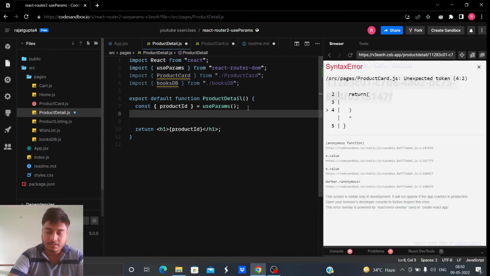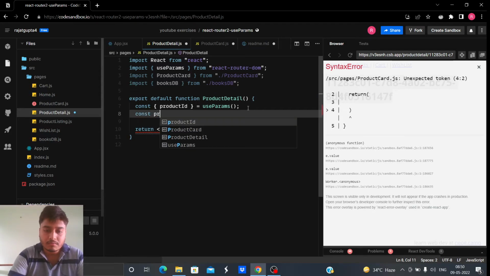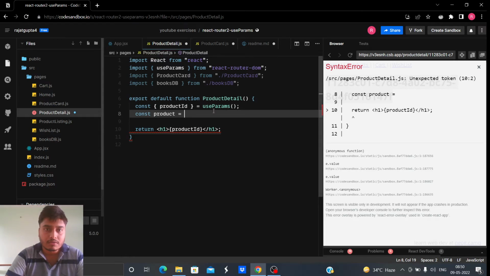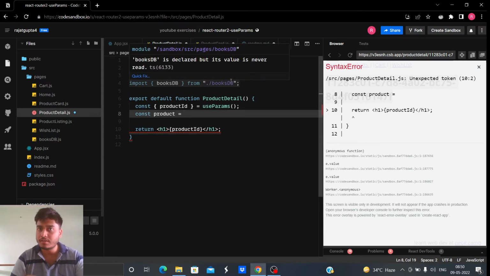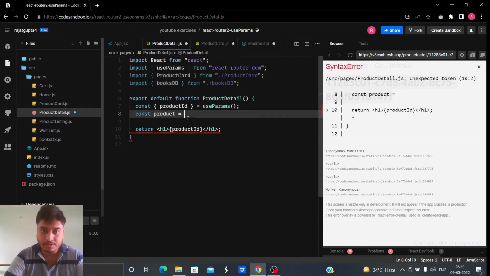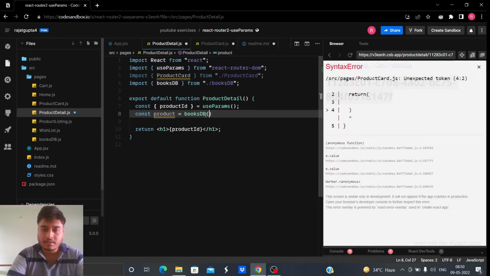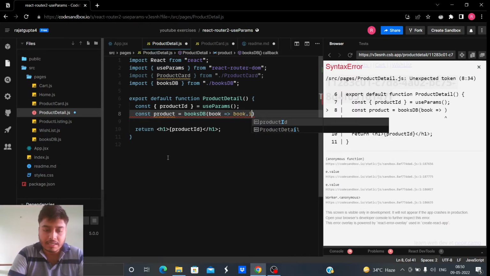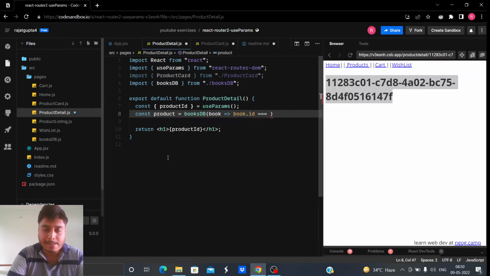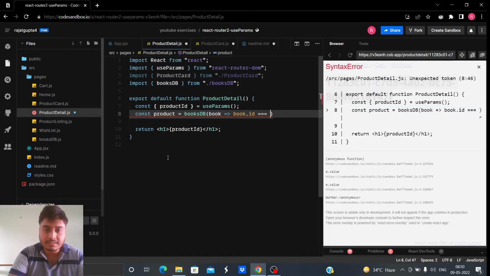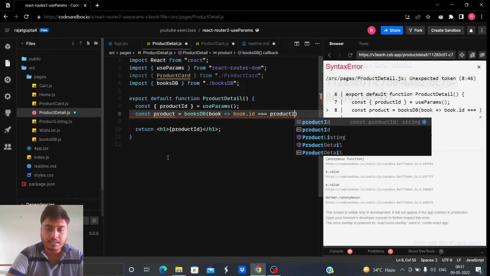So let's do this. I'll say const product is equal to, and what will be the product? Const product is a single book from the booksdb database. Let us just iterate over this. Let me call each of the books a book, and if book dot id matches this id, the product id that we are getting.